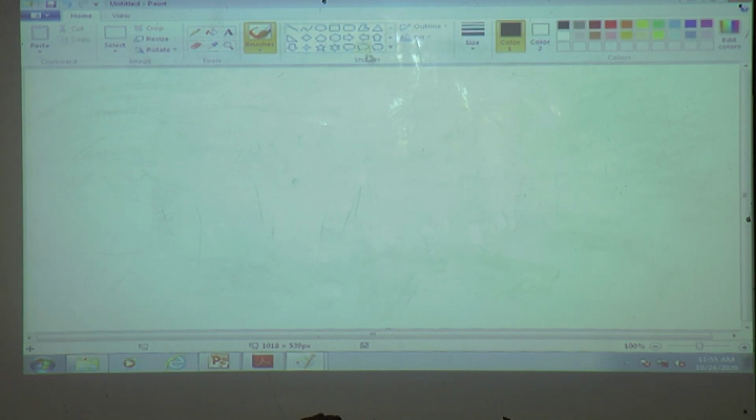These are the tools, right? If you want to draw a rectangle, then click here. You can see this is the mouse pointer. If we move the mouse, then it also moves. Click the mouse. How many buttons does a mouse have?